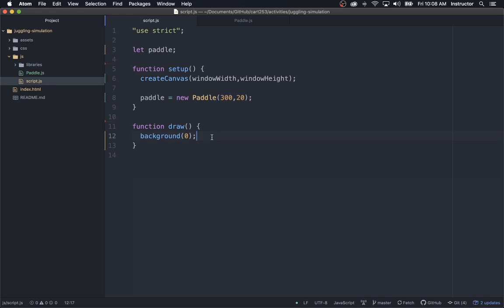And finally, we need in draw, because this is where we're drawing the paddle and making it move, we're going to have to say paddle.move, which is its first method that moves it to where the mouse location is. I don't know why that has decided to indent a little bit. And paddle.display, which is the thing that makes the paddle appear on the screen. Paddle.move, paddle.display. Now we have a program that creates a paddle and uses the paddle's methods to make it come